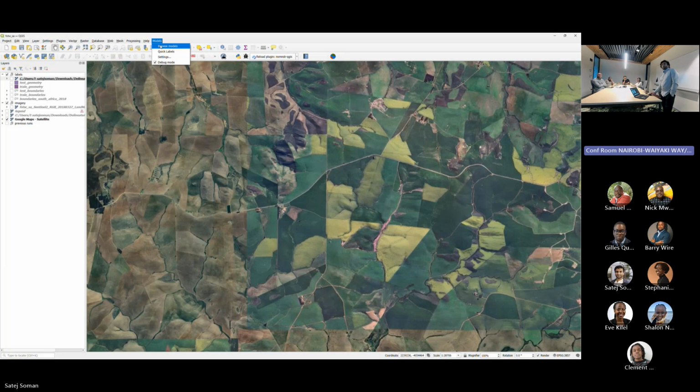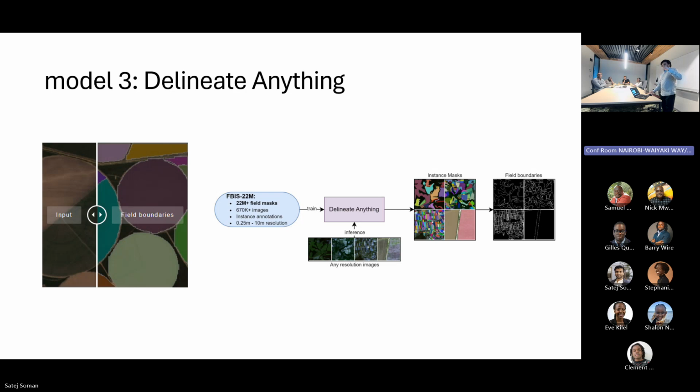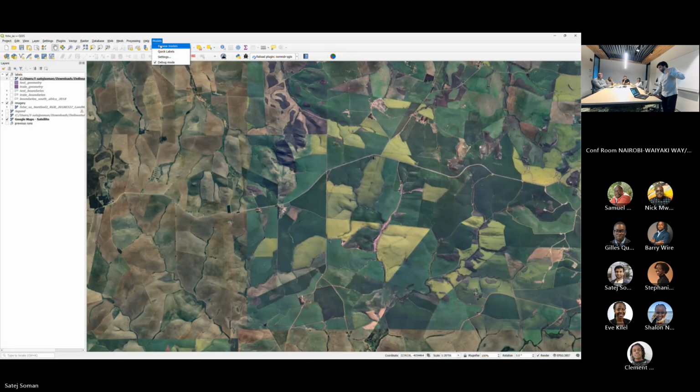And what I'm doing here is telling the plugin that I want to run it on the satellite imagery that we're looking at. But what I've selected as the provider is the URL of a companion server that's running on a compute cluster that's enabled with GPUs. So what's going to happen when I click run inference is that the server is going to download the model from Hugging Face.